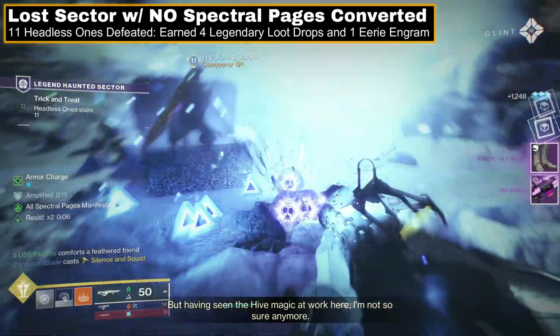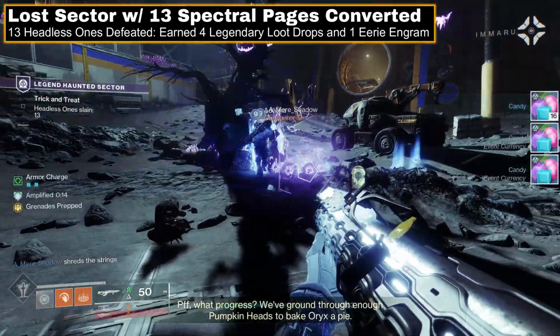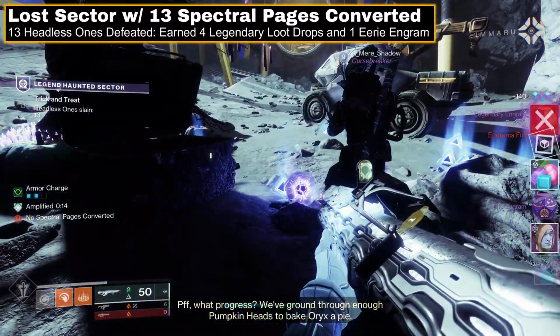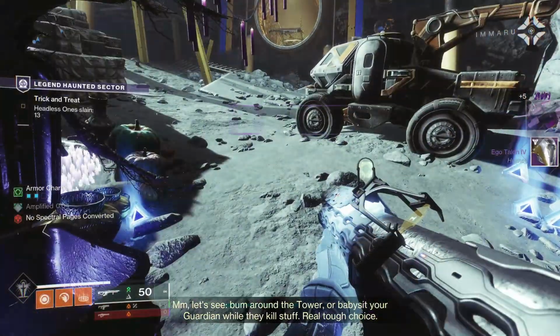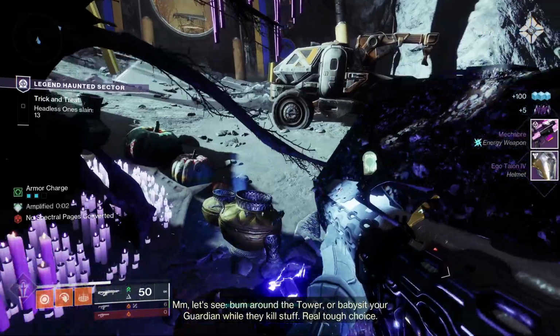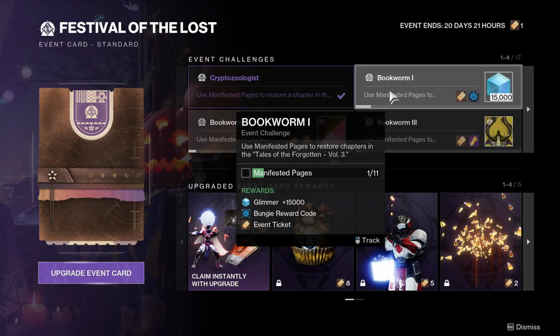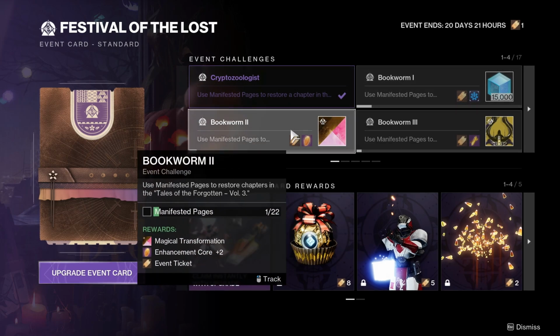I've done about 30 Lost Sector runs, half with Spectral pages and a half not. Both drop the same loot. The influencing factors are RNG and Headless Ones defeated, as I've gotten 4 items from completions with and without pages, but killed over 10 Headless Ones. And this mirrors the past Solstice event, where you didn't need silver leaves to get event loot, just play the activity. For the event challenges, yes, you'll need Spectral pages so you can unlock pages from the lore book, but